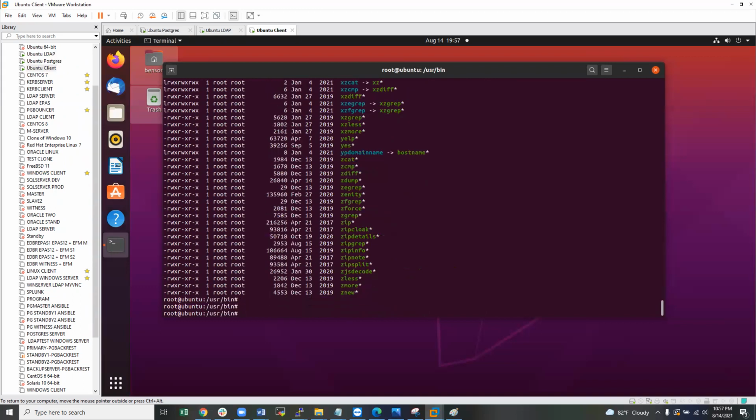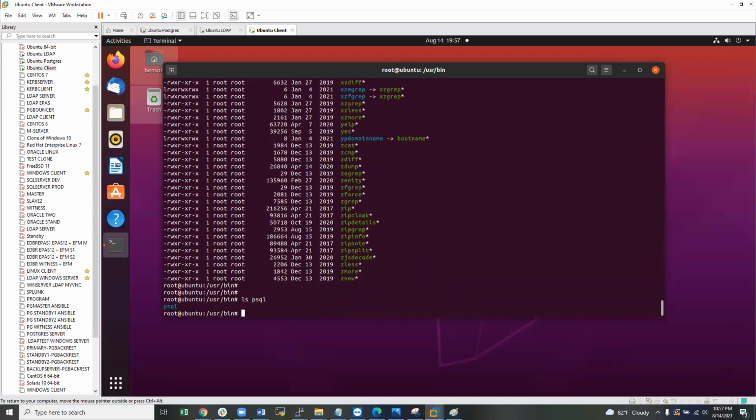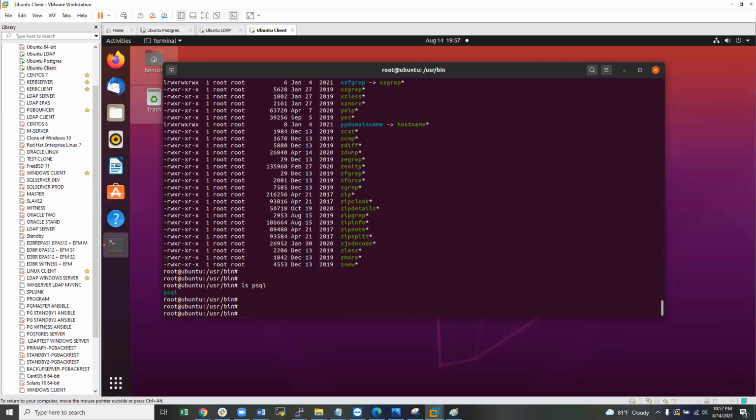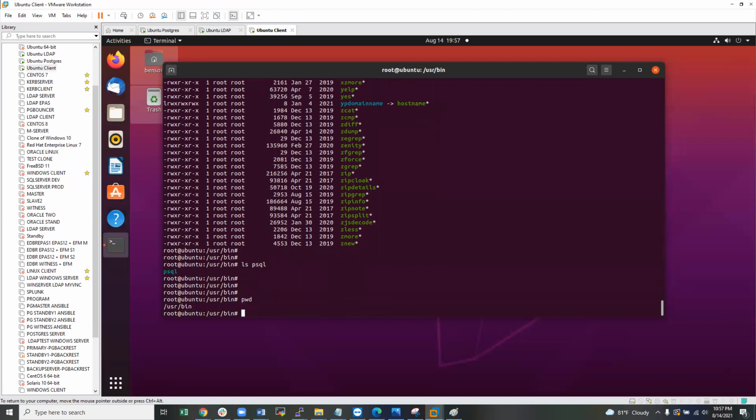We could also search that if I do psql. Yes, it looks like we have the psql client over here. It's somewhere here, so we have it there. That's fine. All right, so now that we have it, if we try to run the same command we ran earlier,